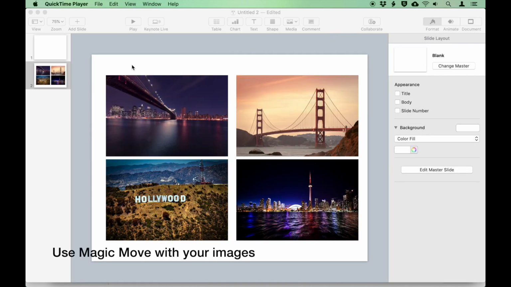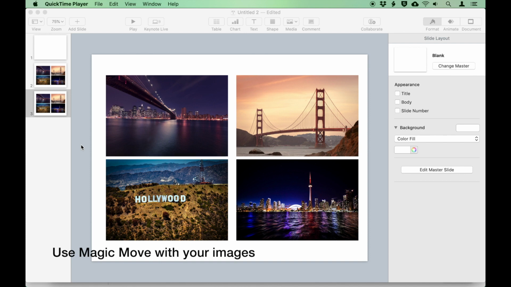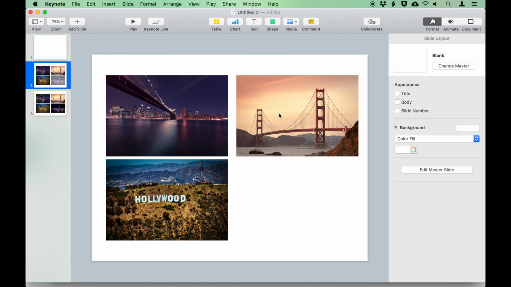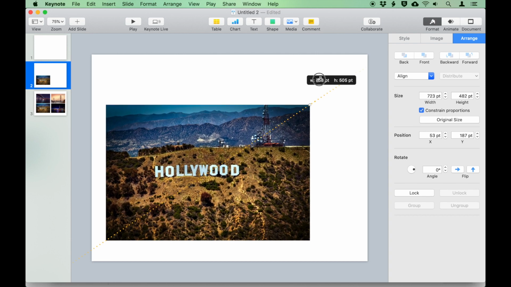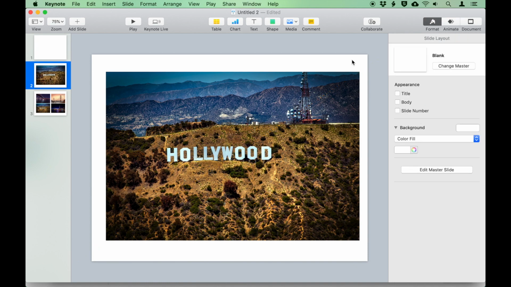The next one is Magic Move for your images. Magic Move creates a good transition from one slide to the other. You have to duplicate the first slide, then modify the elements from either the original or duplicated slide. As you can see, I've duplicated my slide and now modifying the original slide. I've deleted 3 of the images and make one of the images big. Then select the slide,